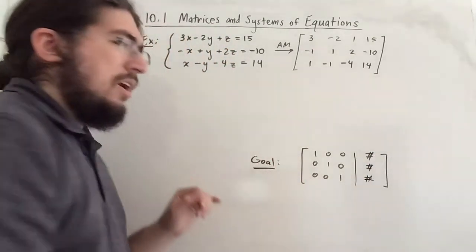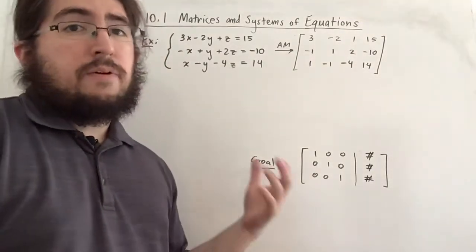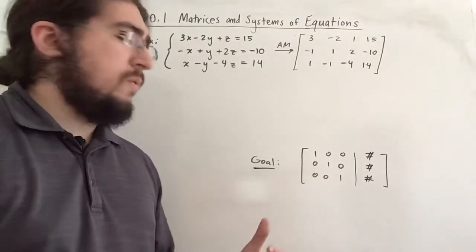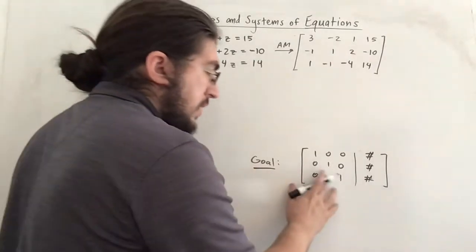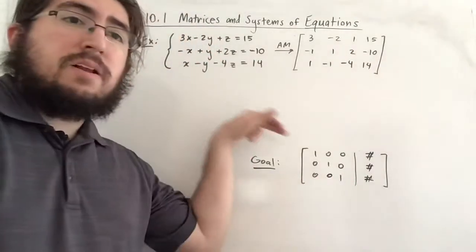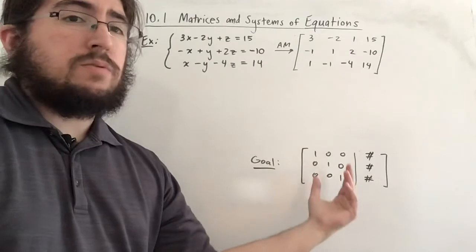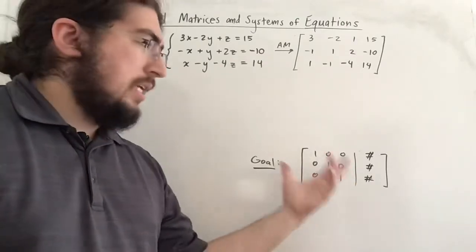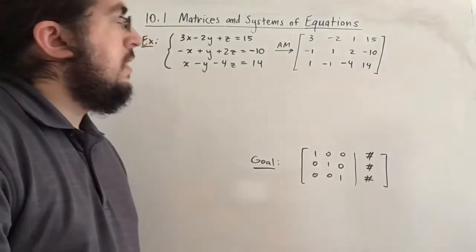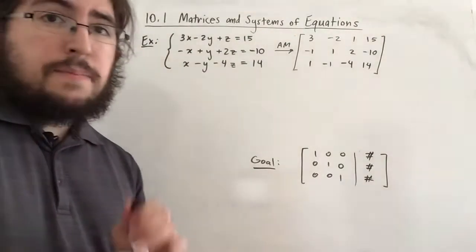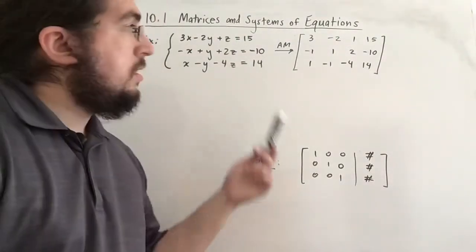And as you can tell, you can see what this will look like for any number of equations in the system, because really it's just a diagonal of 1s and the rest are 0 for the leftmost square. And that's what we're going to be focusing on. So good. With that being said, remember we want to go column by column. So first column,